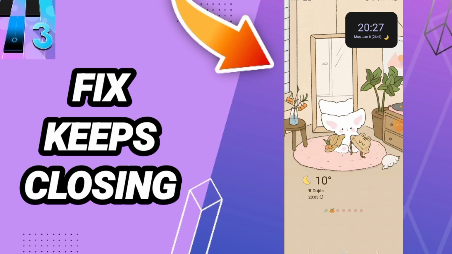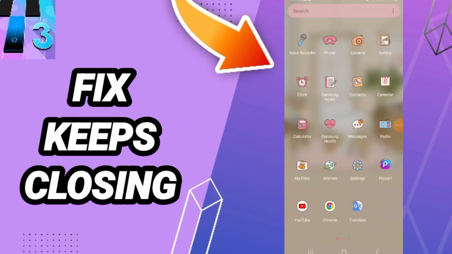Hi everybody, today we'll talk about how to fix or solve the problem of Magic Tiles 3 keeps closing. To know how to fix or solve the problem of Magic Tiles 3 keeps closing,